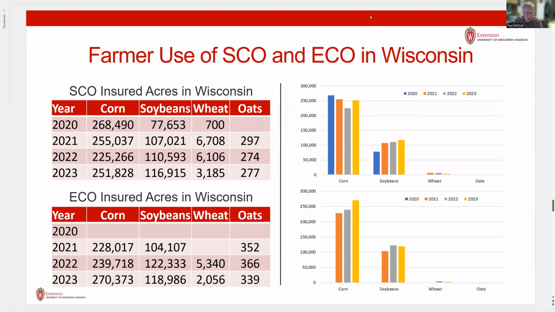Wheat is a smaller acreage just because it's a much smaller crop, but there has been some use of these policies. So again, about 6% of corn and soybean acres use these policies. If you're going to buy SCO, you must enroll in